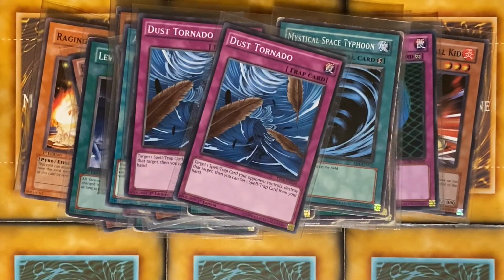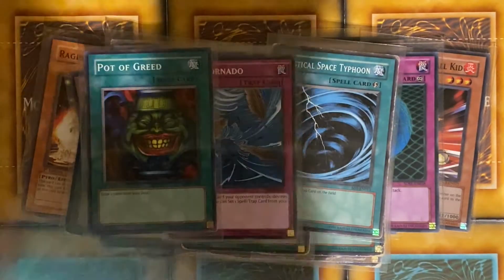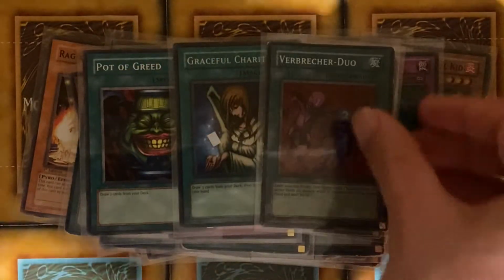I don't play Heavy Storm in the main deck because of the fact that we're very reliant on continuous cards, and Heavy Storm kind of is dead in our hand because we obviously don't want to destroy our own continuous spells and traps. Obviously, I play the Goat format staples Pot of Greed, Graceful Charity and Delinquent Duo, as well